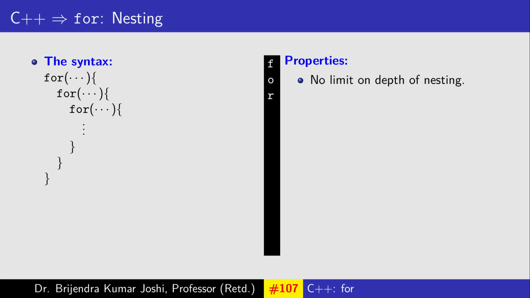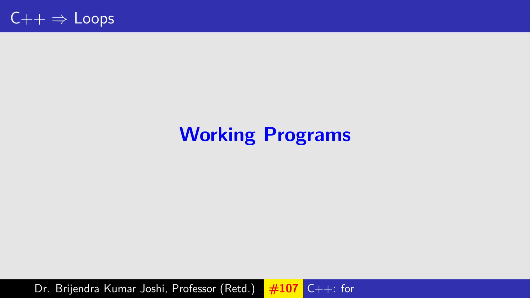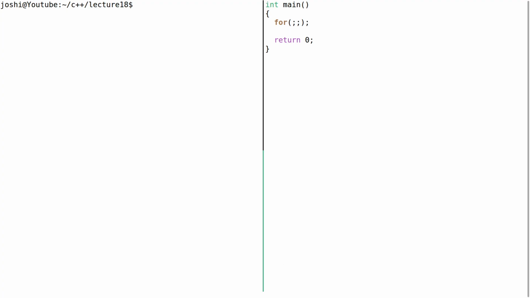Now nesting. So you can have a for loop inside a for loop inside a for loop, and so on. So there is no limit on depth of nesting. You can have as many for loops inside one another as you require. So now let us see a few programs which I have written. On the left hand side,